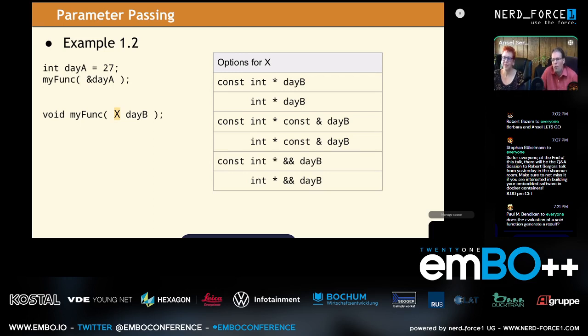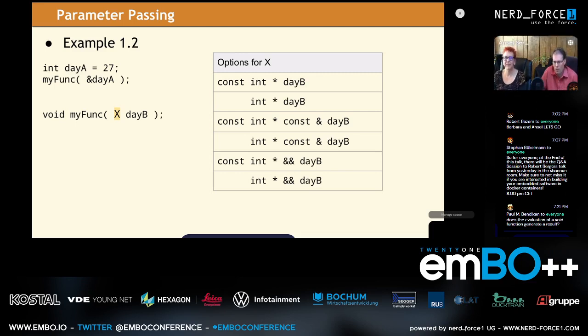The first two are still receiving by value, but they are receiving a pointer by value. The last four are receiving a pointer by reference. Now we have options of whether we want to const qualify the pointer and/or the reference. I'll call your attention to the third line in this table. Const can now appear in two different places in this data type because there are two levels at which we can qualify the data type.